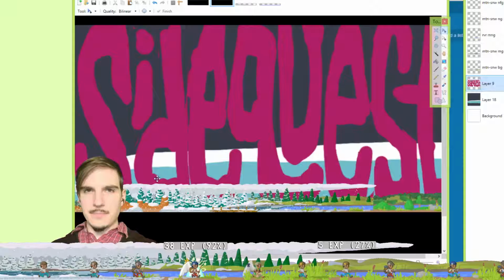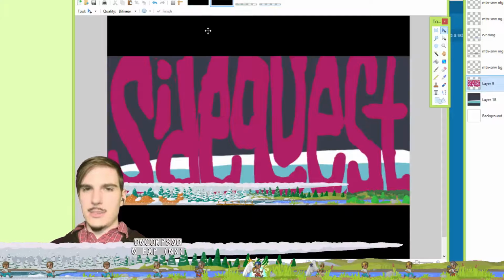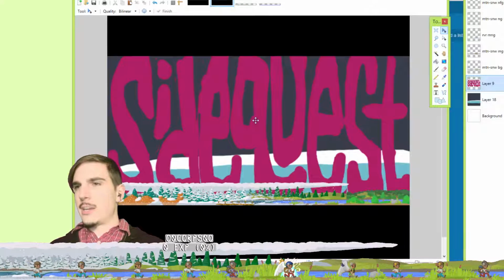I am aware that the text is not very legible right now. I blocked it in mostly, but I know I have to separate the letters better, and I'm probably going to make them,